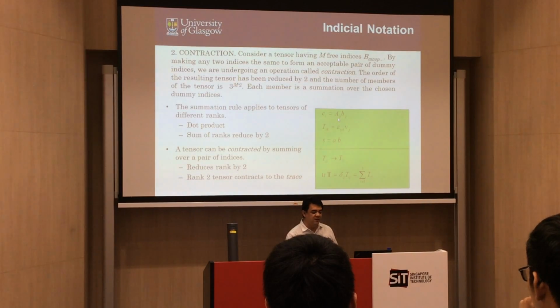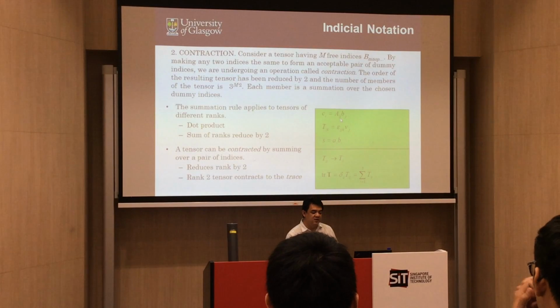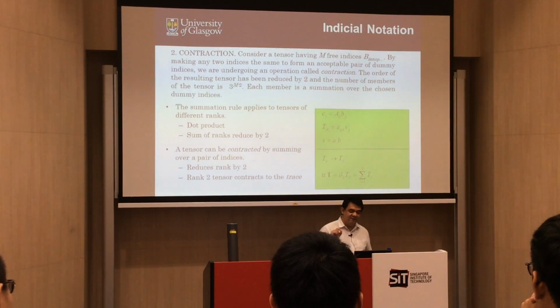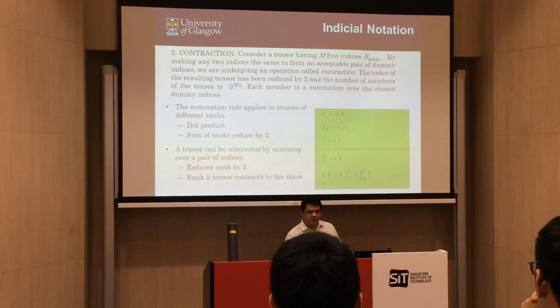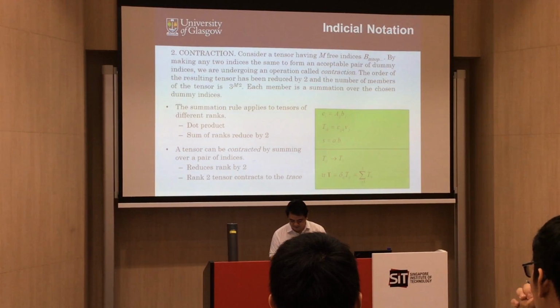So if you count the number of indices, 1, 2, and 3, this one will be reduced by 2 orders, meaning 1, 2, 3 minus 2, so that the order here will be 1. Okay? So if you have repeated indices, you're multiplying tensors, and then you end up with repeated indices, the total rank